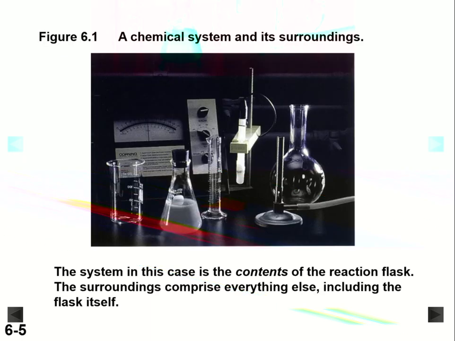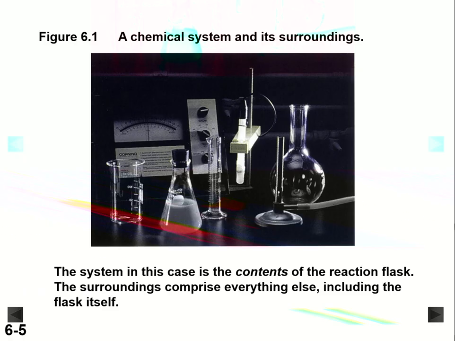Now we have a few definitions we need to work on because it's very important to properly define the system that we're looking at. So a system turns out to be the contents of the materials that are under study. So that might be the reactants in a chemical reaction or material that's undergoing a transformation. The system is anything in that reaction. And then we have something called the surroundings. That's everything else. That may include the container. That can sometimes include the solvent in which the chemical reaction is occurring.